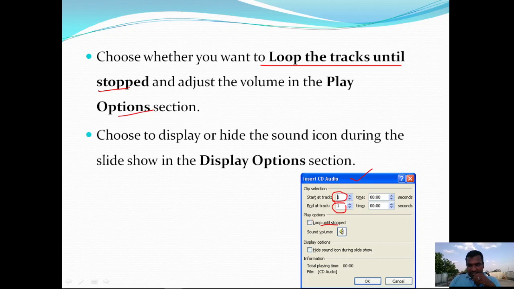Then it is going to repeat the sounds of the track numbers that we have chosen here, and you can hide the sound icon during the slideshow. Then it is going to display the playing time, generally in minutes or seconds. Click on the OK button.